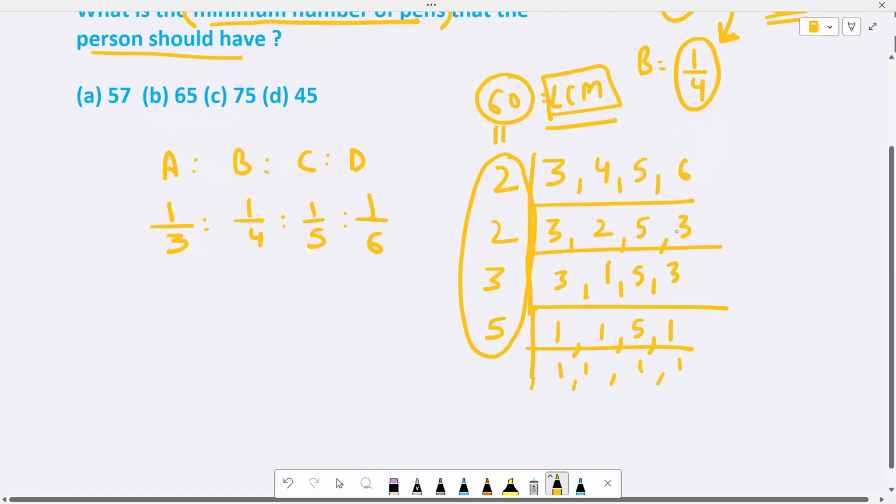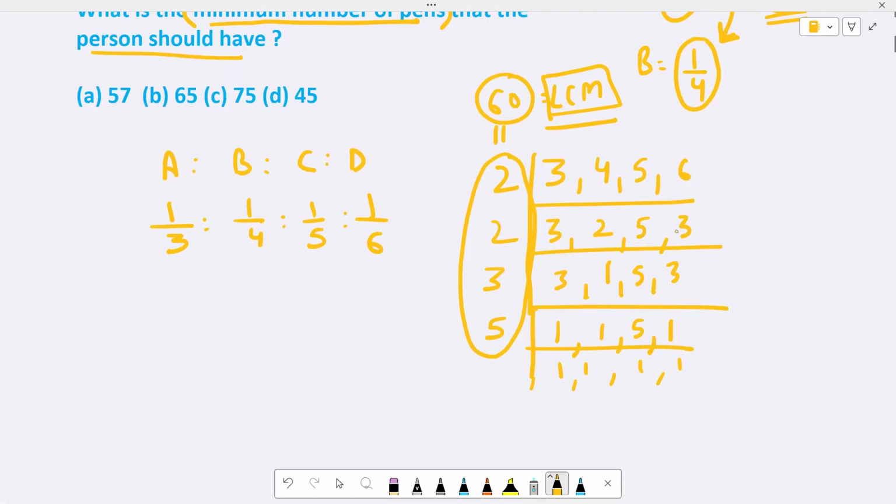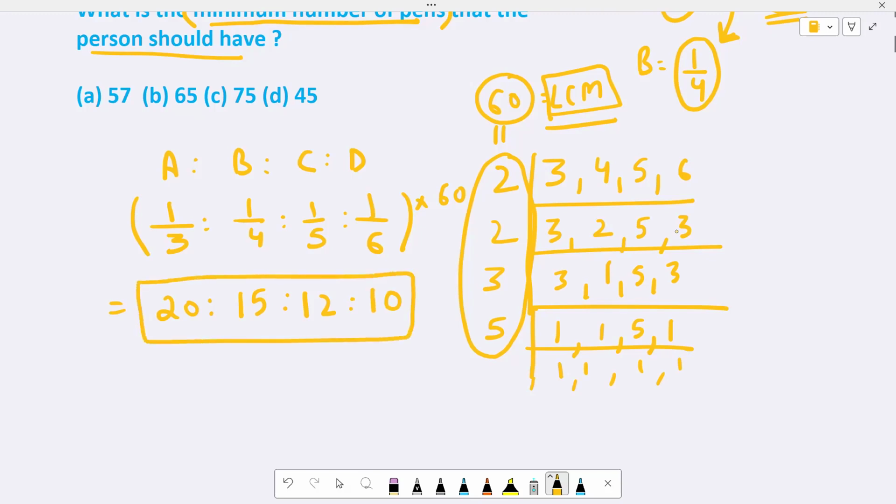So again, I'll explain this particular question with another part also, but let us focus on this part right now. So I'll multiply all these numbers by 60, all these fractions by 60. And when I multiply 1/3 by 60, I get 20. When I multiply 1/4 by 60, I get 15. When I multiply 1/5 by 60, or when I divide 60 by 5, I get 12. And on multiplying 1/6 into 60, I get 10,